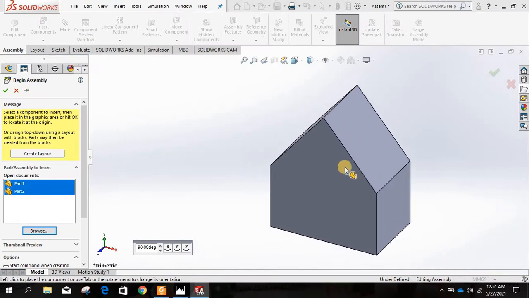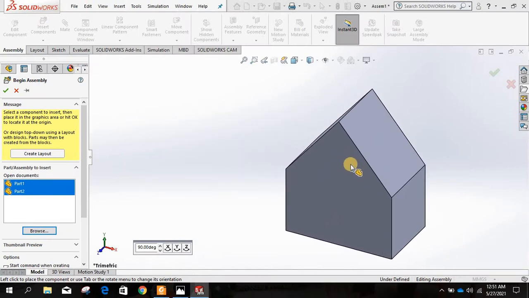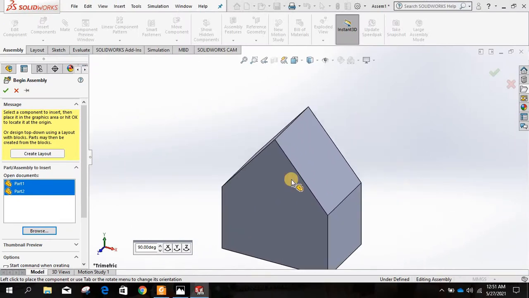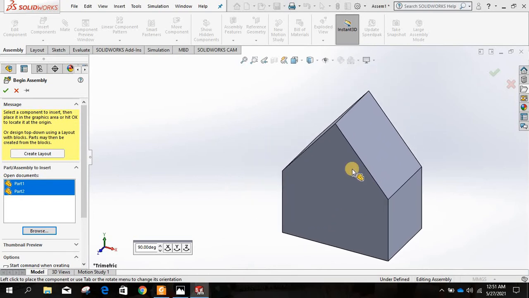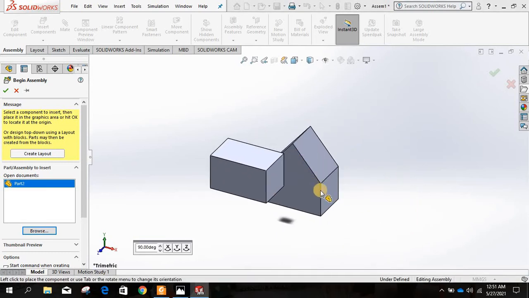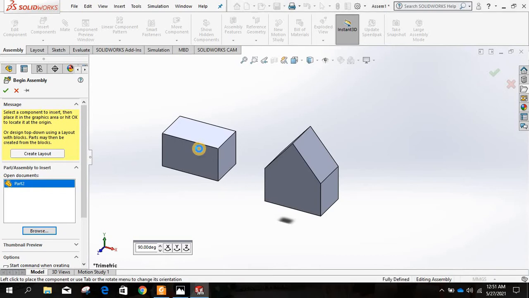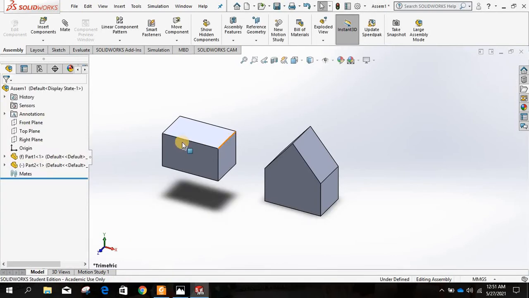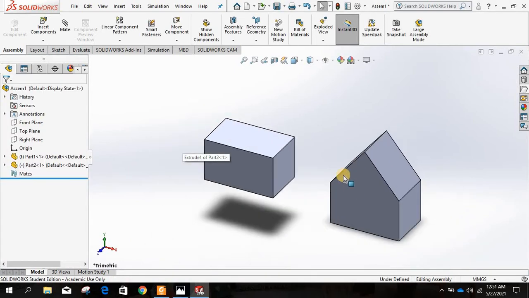First you need to put them into position, because you can see that the part is moving, so you need to fix them in your window. So just click wherever you want over here. The first click is for the first part, and the second click is for the second part. Voila. This is one of the ways that you insert the parts in SolidWorks.